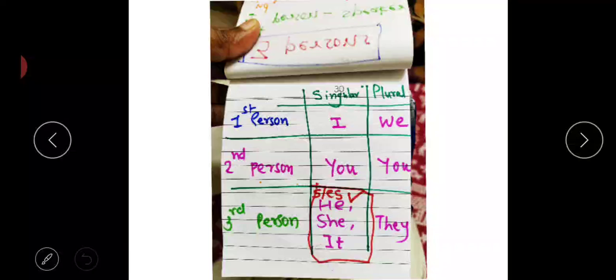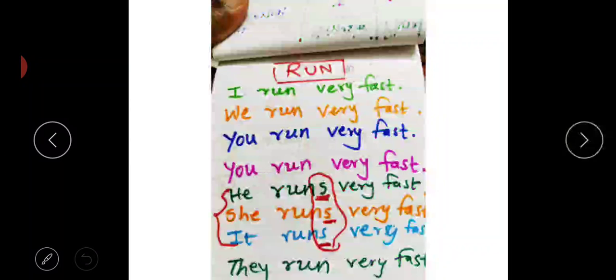So only for third person singular must we use s or es. If he, she, or it is used as a subject in a sentence, we must use s or es when there is simple present tense, that is when a daily action is mentioned in the sentence. So there are total 6 boxes, but only in one box we must use s or es with the verb when we are using simple present tense. Let me give you a few more examples.